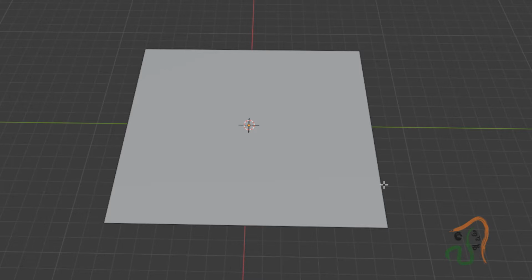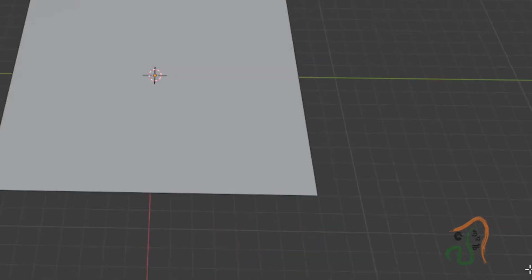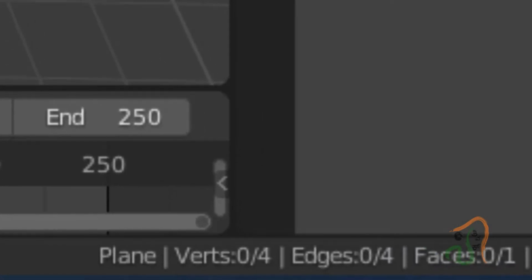Now whenever you are modeling, come over here and you see the vertex counts. As of now you can see this is made up of just 4 vertices. Okay, so we have just 4 vertices in the scene. Now keep an eye on this always.